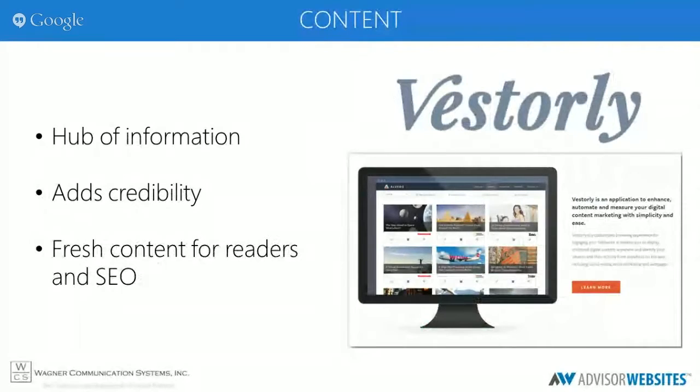Yeah, absolutely. So another different kind of content. There's the content that you write, the content that shows your own knowledge and what you have to contribute. But then there's also the kind of content that shows that your website is a hub and source of all kinds of information. And so Vesterly is a really great choice for adding something really sleek and professional looking and allowing viewers to get different sources of